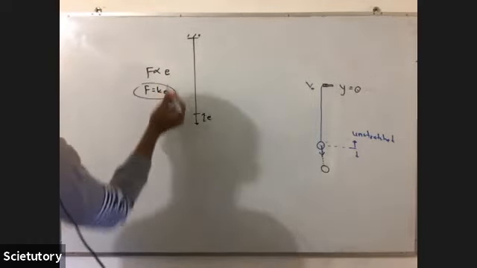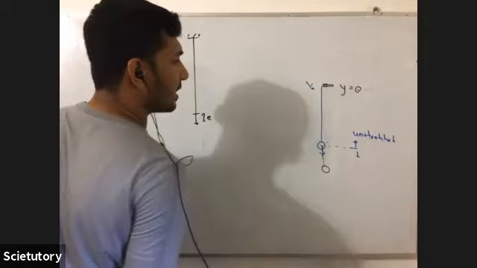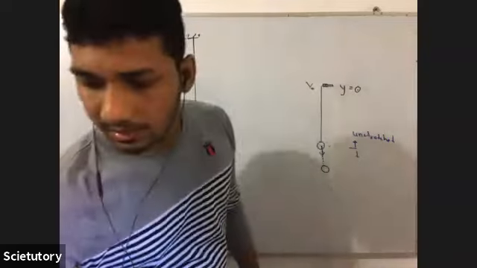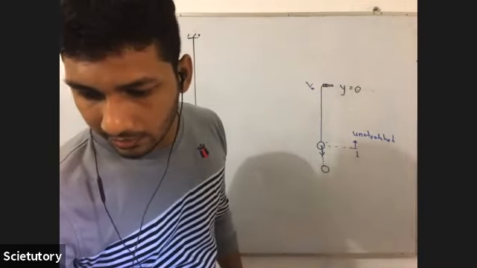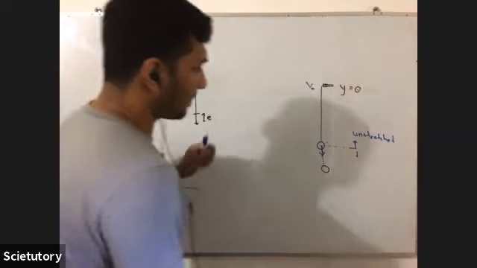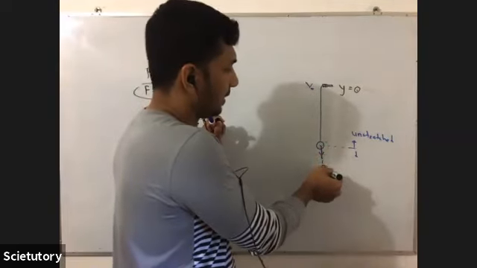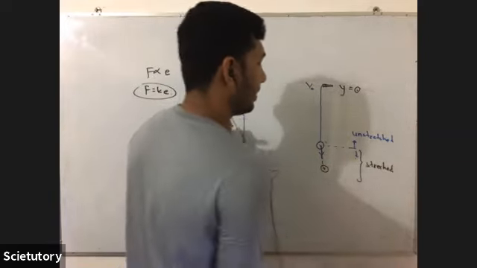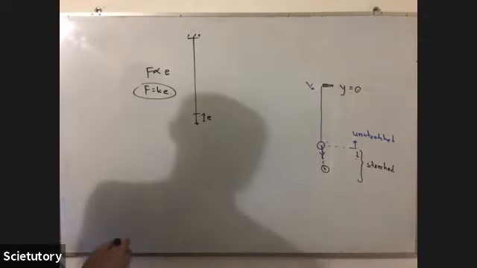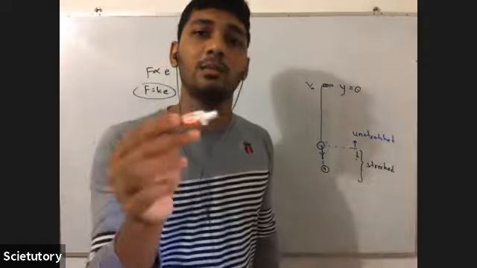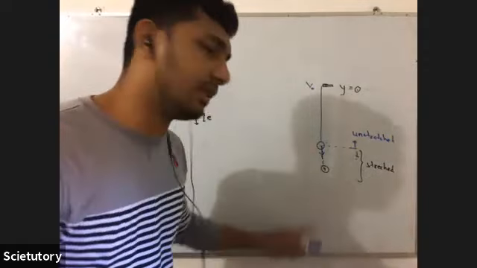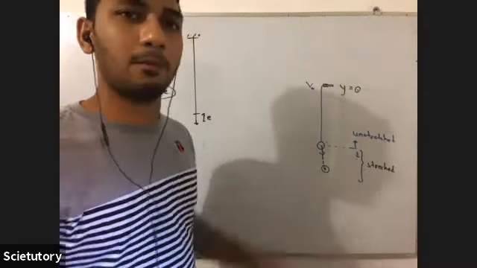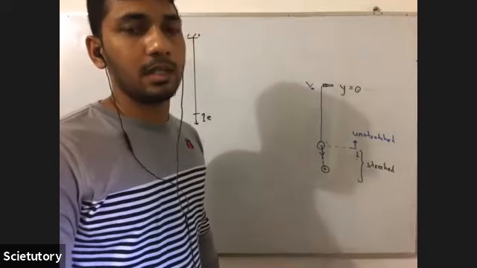Those things you know. So due to the stretch, there will be a tension developed, and due to that, the velocity of that particle is going to reduce. So now the velocity is decreasing, as it's being stretched here. So at one point, when the elastic potential energy stored in the string equals the kinetic energy, what will happen? It will come to rest.